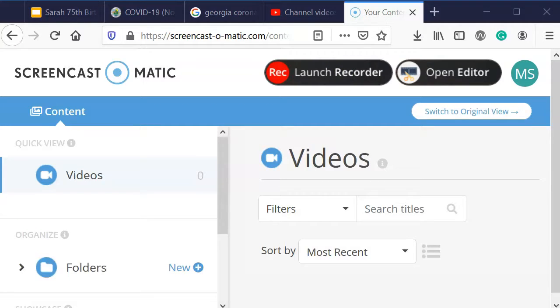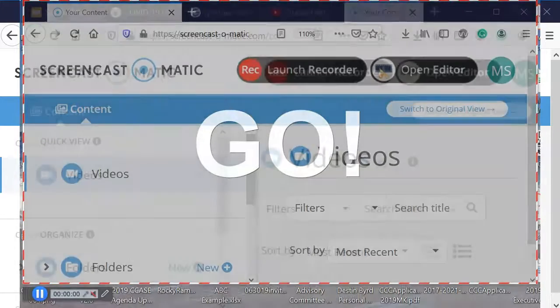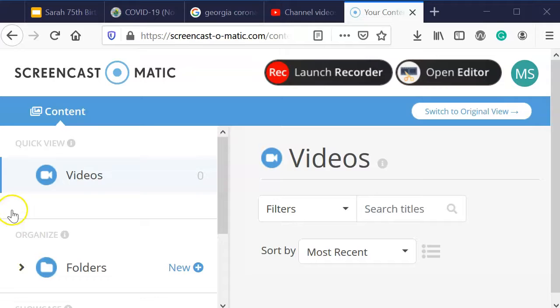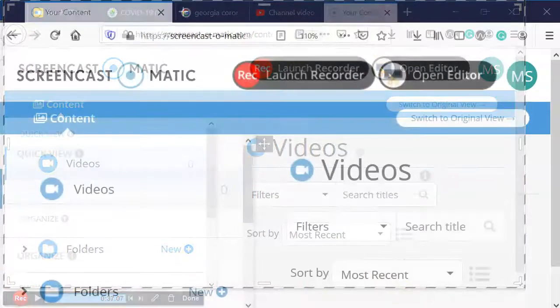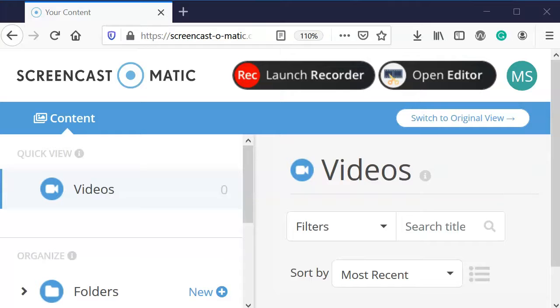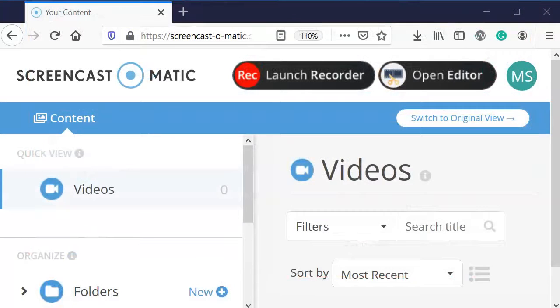Once you select the launch recorder, you should see the countdown 1, 2, 3. I can't show it on my screen since I have it launched already to record this cast. After it begins, you'll see those dotted lines around the edge. And then once it's recording, you'll see that the red button will change to a blue and white pause button. And you should be able to continue to do your narrative after resizing the application or the browser to the